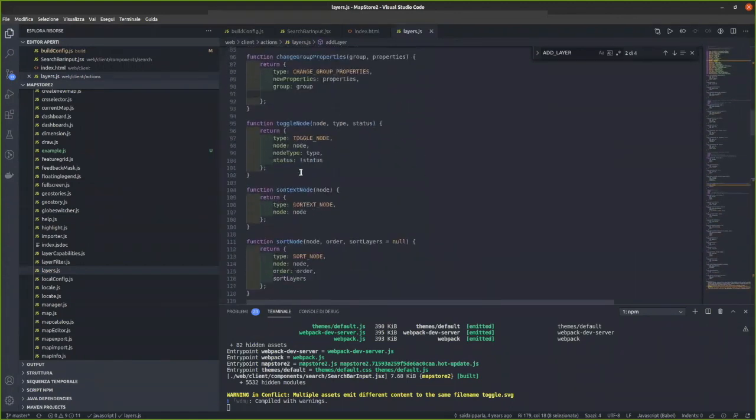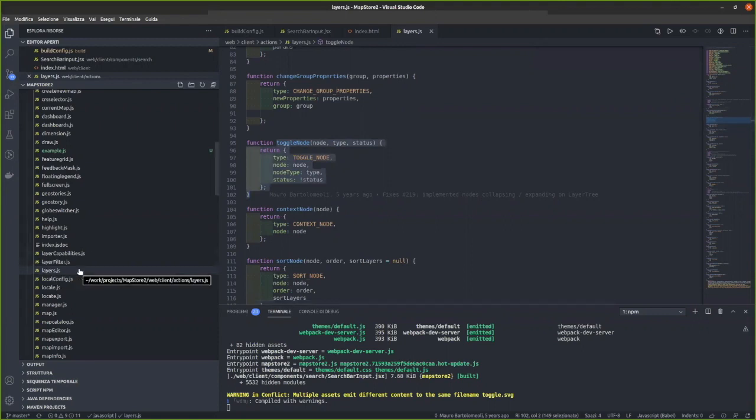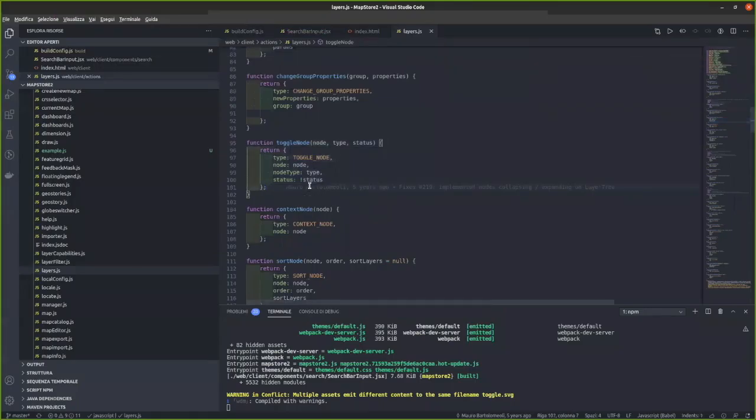As I said yesterday, you can dispatch actions or thunk action creators, and if the middleware is in, they are automatically distinguished and used accordingly by Redux. You can find this actions directory for layers, and the same name files are for reducers. So if you open the reducers directory,